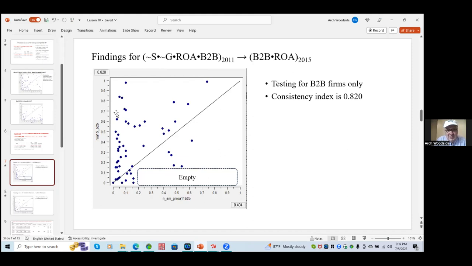And one of the reasons why this model does very well is because there are no firms that have middle or high scores on this model that have very low scores on return on assets. And so the XY plot might not look that great, but it does support the idea that